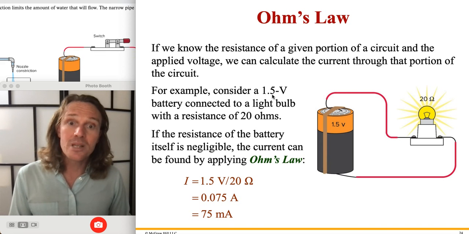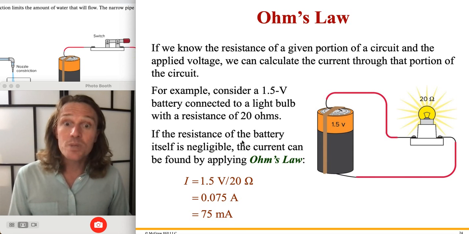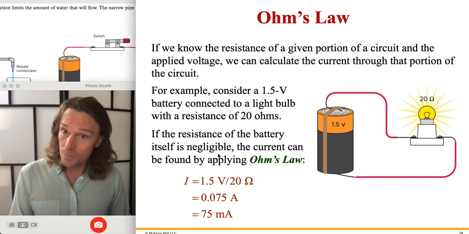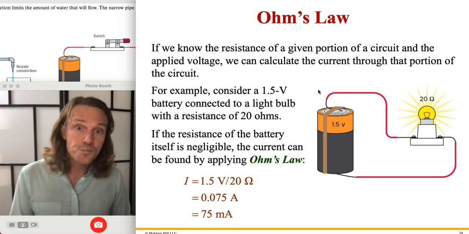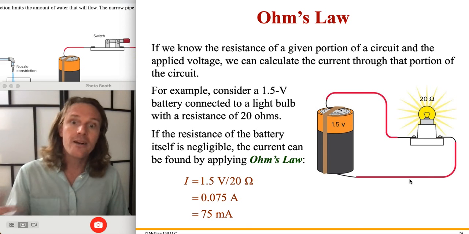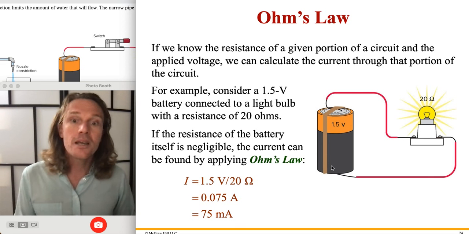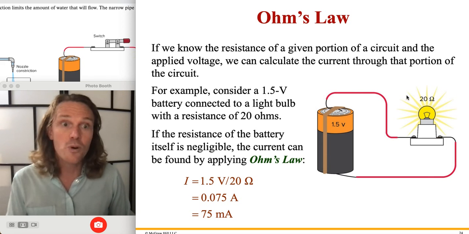So for example, consider a 1.5 volt battery connected to a light bulb with a resistance of 20 ohms. If the resistance of the battery itself is negligible, which is a reasonable assumption, then the current can be found by applying Ohm's law. You know what's also negligible, which is kind of funny, isn't mentioned? It's not just the battery, it's also the wire. So we're saying that the wire and the battery are both negligible resistance. The only resistance of any substantial amount, maybe many orders of magnitude more, is the 20